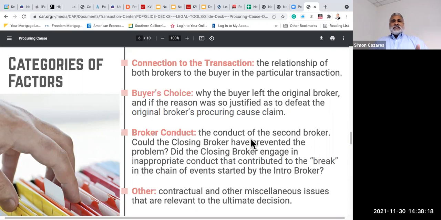So obviously you have to distinguish. One is the connection to the transaction, why the buyer is choosing that specific agent, okay? Because it can be the other way around, folks, okay? If you don't have a buyer representation agreement in place, you're basically exposing yourself. You really don't have control. Remember what I said earlier, it's like a marriage, okay? In the beginning, it's exciting.